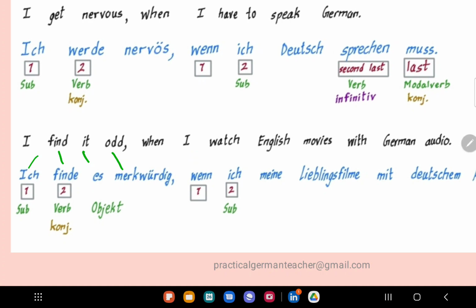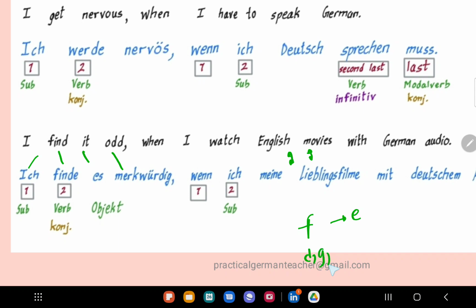Now, when I watch English movies, so instead of saying that, here I have done a very drastic change. This is not a one-to-one translation, but I am just telling you, try to avoid not using articles. So always use articles. This way you don't have to remember the adjective endings table without articles. So why do I say that? When you use adjective endings with articles, whenever it is feminine, the adjective ending is e.